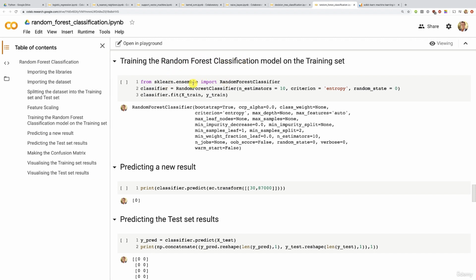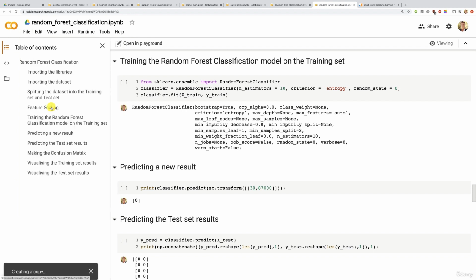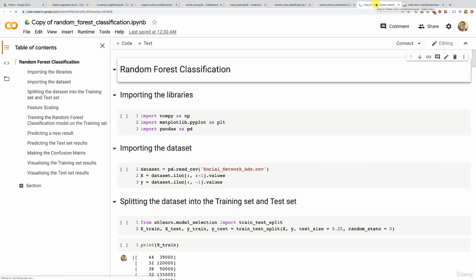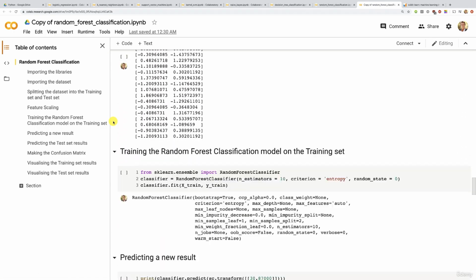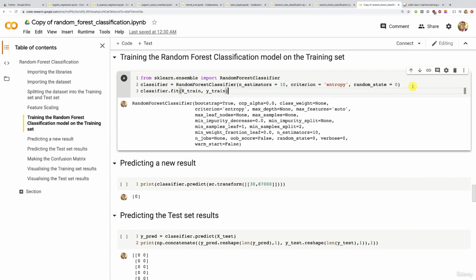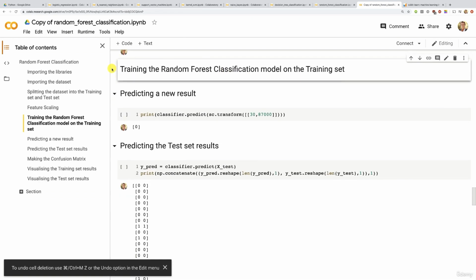So we're going to re-implement that cell, and since this is in read-only mode so that you can all access it, well, we're going to create a copy of this file by clicking here on Save a Copy in Drive. This creates a copy, and there we go. We will be able to re-implement that cell to train our random forest classification model on the training set. Alright, so first let's remove that cell,